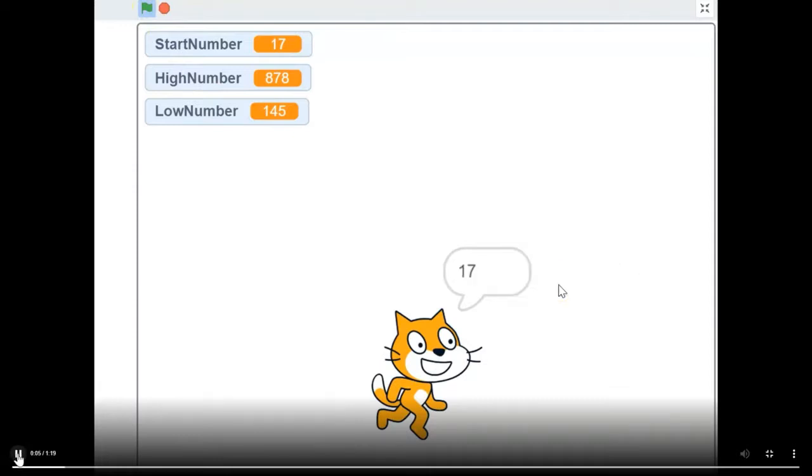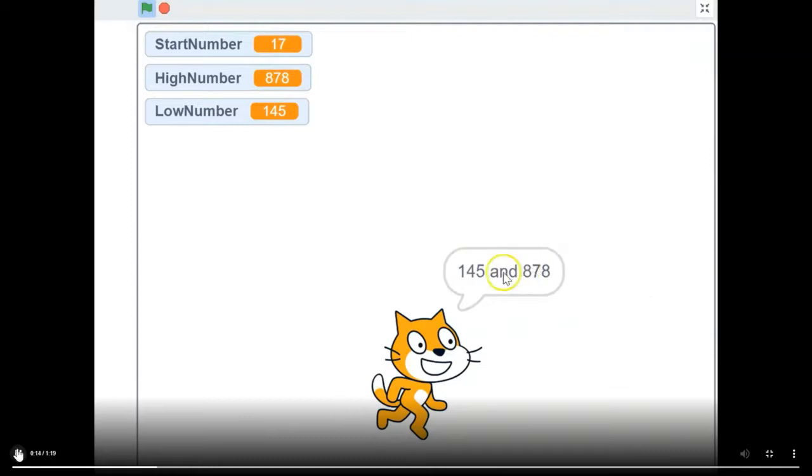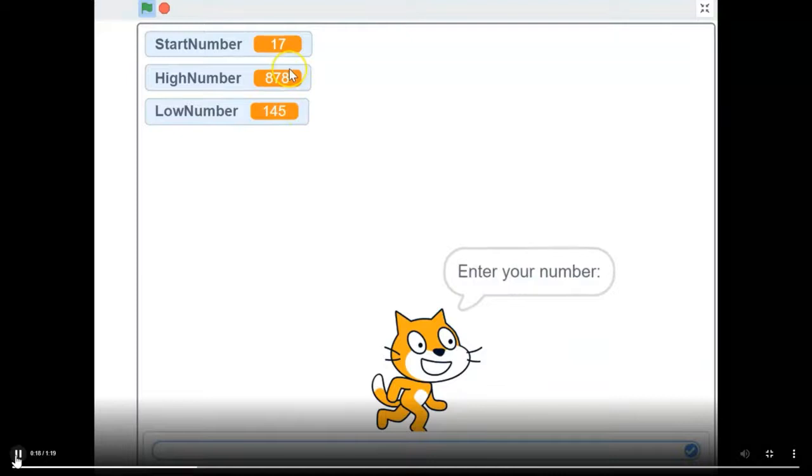So it tells you what the starting number is. And I'm just kind of referencing right now. There's your starting number. Then it says, how much do I need to multiply this number by to end up between these 2 numbers? So what do I need to multiply by 17 in order to get any number between those 2? Okay, so there's a lot of options, right? So I'm going to type in, okay, these are the numbers. I got to get in between those 2 numbers. So I'm going to enter in the